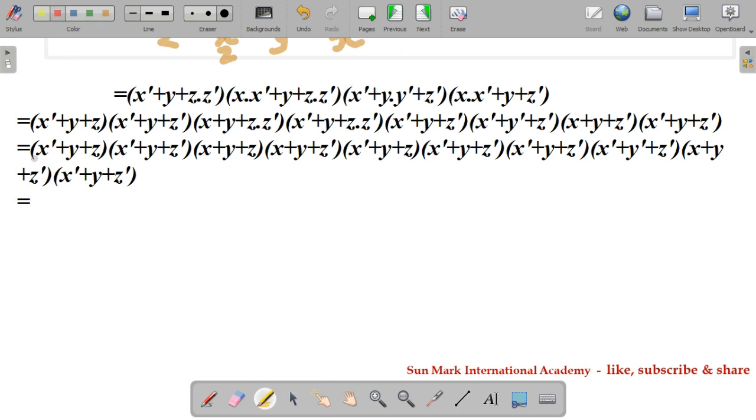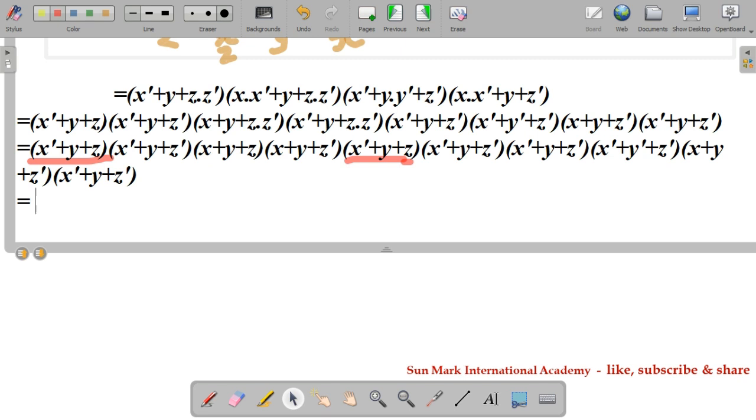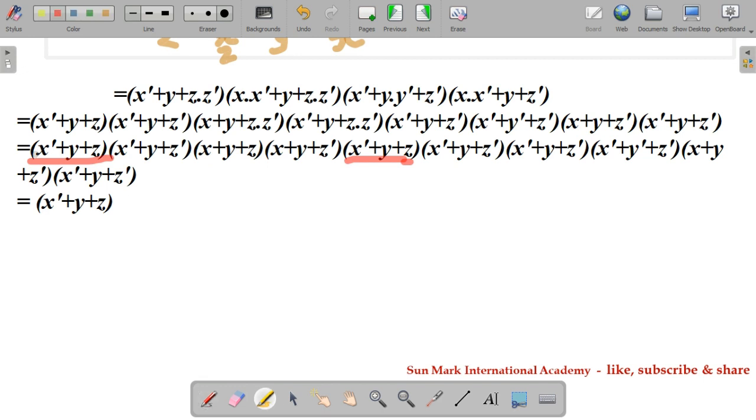The first one we are finding is x dash plus y plus z. Can we check? Yes, x dash plus y plus z, x dash plus y plus z. Here once more it's x dash plus y plus z. Only two terms, so remove the duplicate and write x dash plus y plus z. I am scratching this one out, otherwise it will get complicated. This term we have taken out or simplified. So next term,